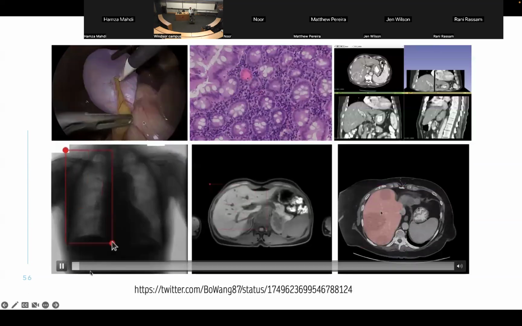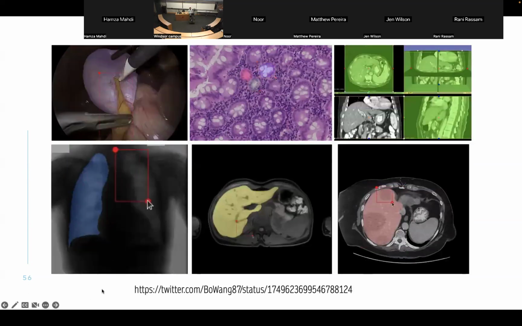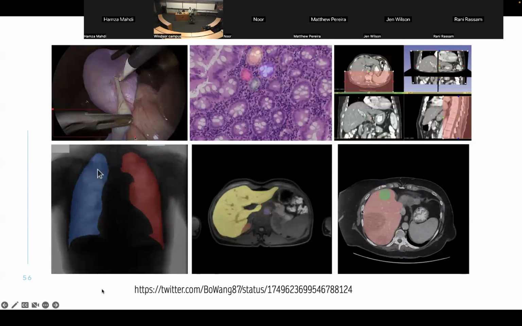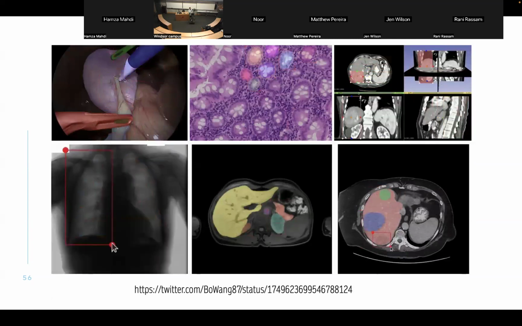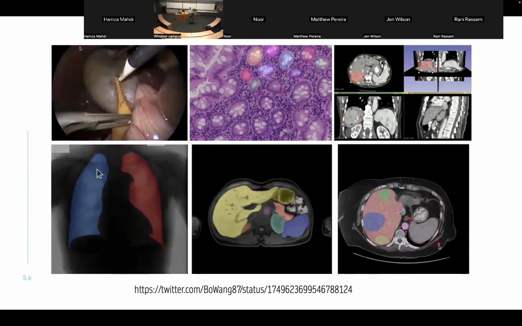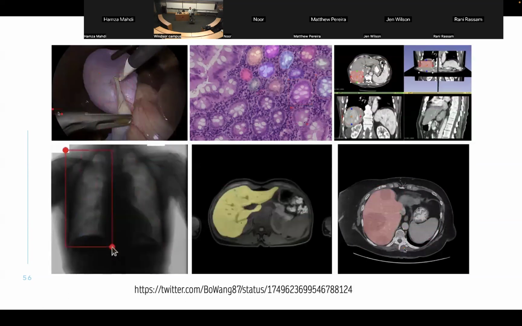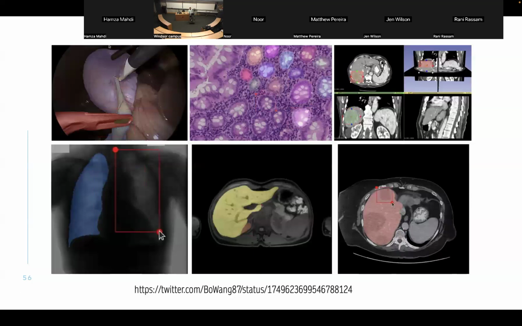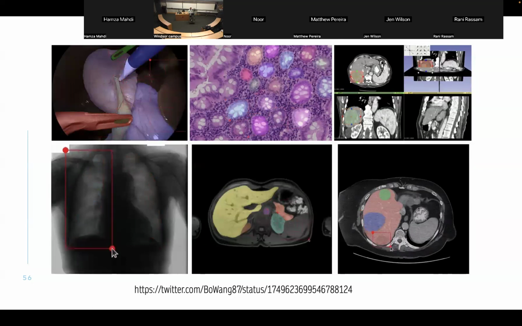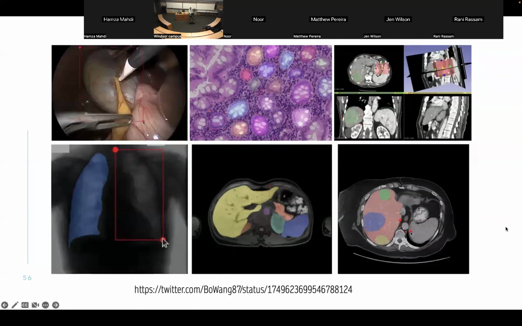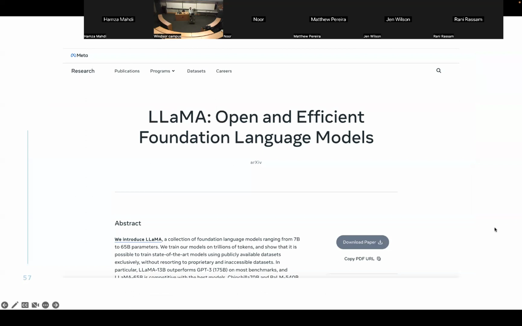So I remember this medical segmentation AI model that can literally work on 10 different imaging modalities. This was trained on the Facebook model that I showed you in the previous slide. So there's an instance where an open source model, Segment Anything, was used to train another open source model, the medical model that you see right now. So the community is working on these things, and it's pretty great.